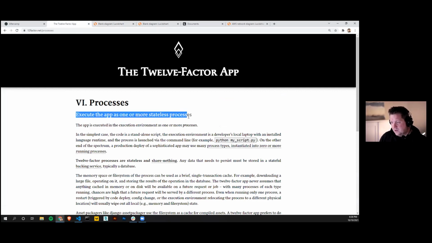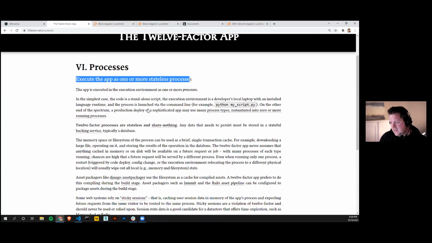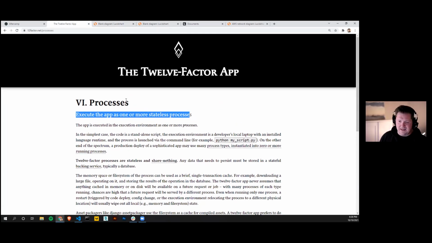execute the app as one or more stateless processes. So you can read more about that there. But once again, it goes back to the independentness of the little app that you're creating and making sure it can run and stand on its own two feet, not needing anything else from the operating system. It's got everything it needs from the dependency files. This is where containers come into play as well. But yeah,